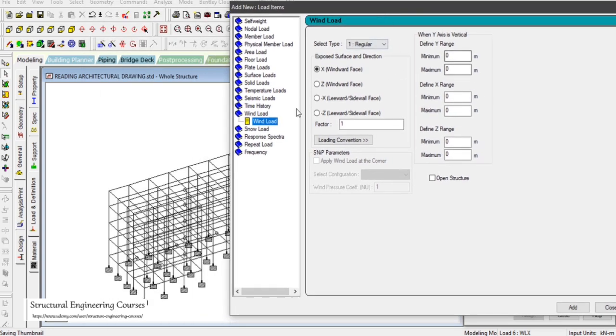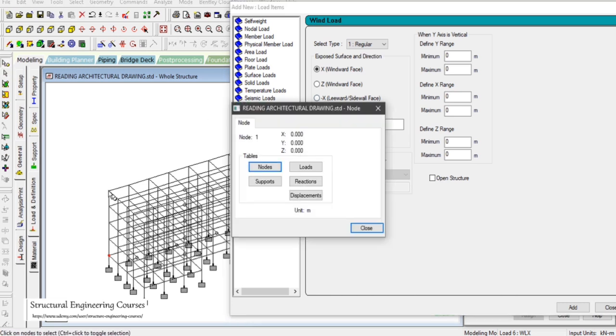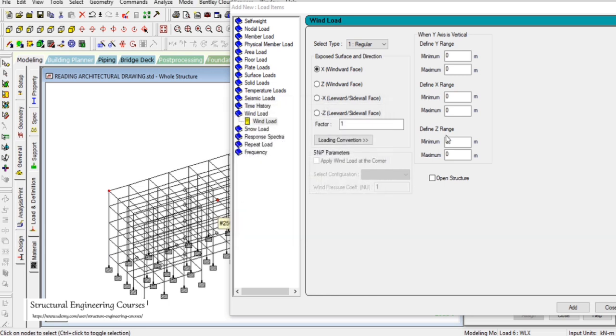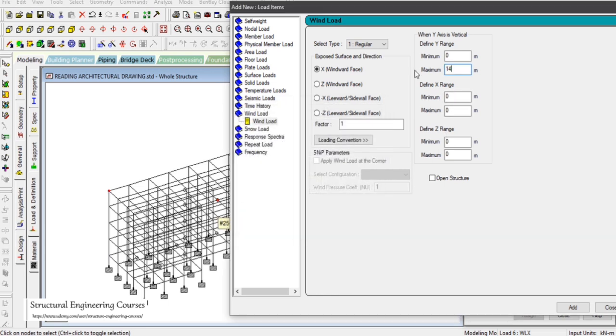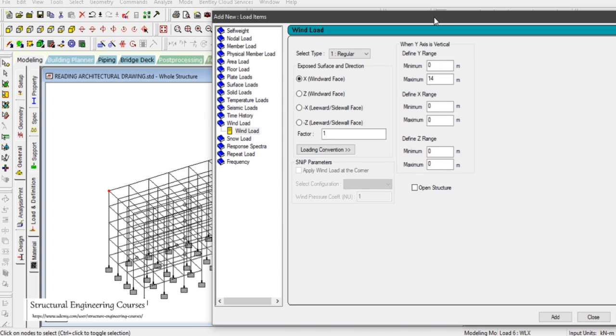Now there are various options that are available here. In the previous lectures, we have already studied much about how we can apply the wind load cases for all the structures. In this structure, we do need to define the wind load for Y0 to Y13.7. So we can select Y14 here, and we do need to select the wind definitions along X direction only, and X range we can define as